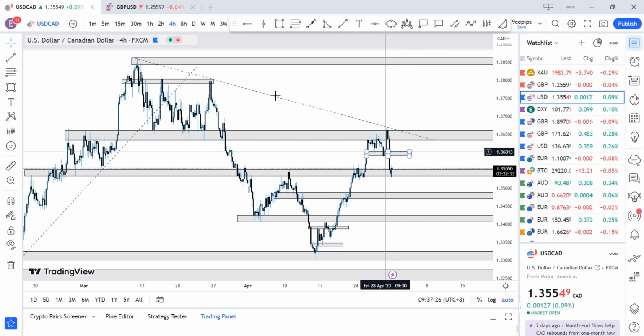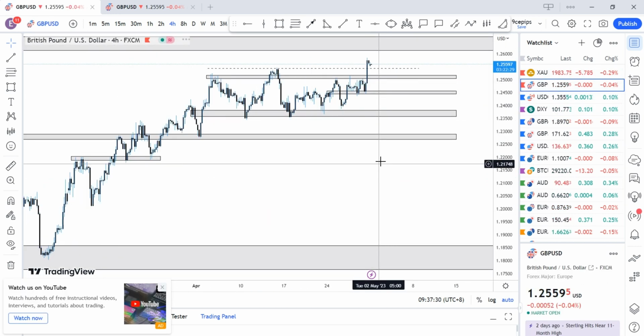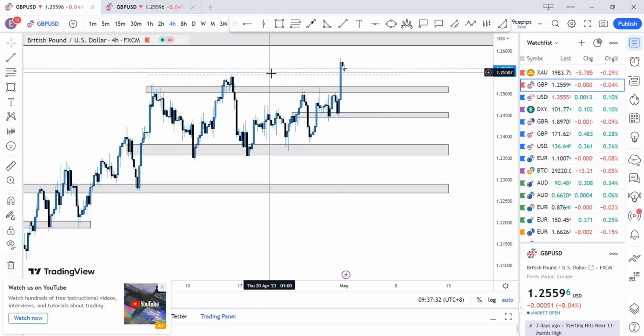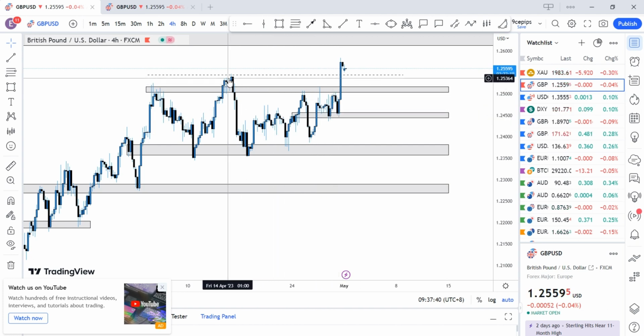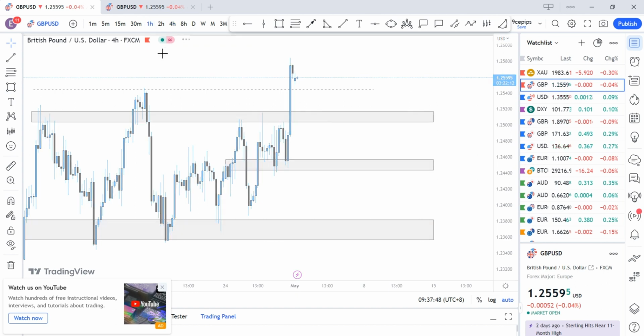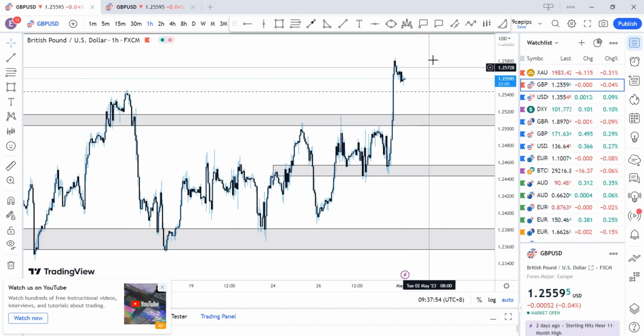Pretty much excited for this one. Finally, here on pound USD, we've seen price create, it was messy around this region until on Friday we had a break of structure, breaking above 135.41 that it created the previous week. And now what I'm looking out for is for price to come back here for a pickup of orders, and then we'll continue to the upside. This is what I'm looking for.